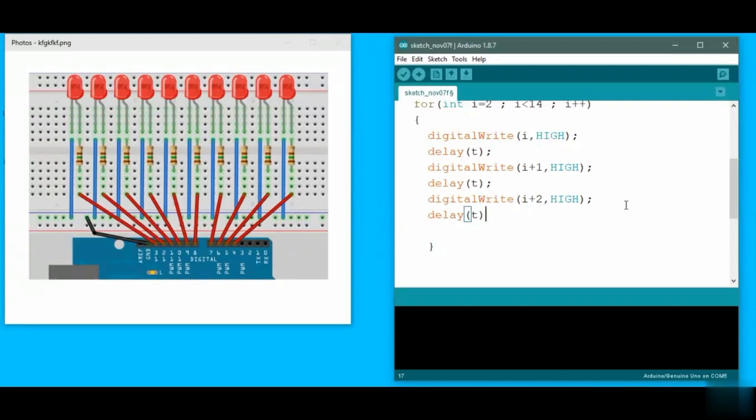Here t is equal to 20 milliseconds, which is a very small delay time. Now we will make i at low, because that is enough time for it to seem to be moving. Then we have delay t,